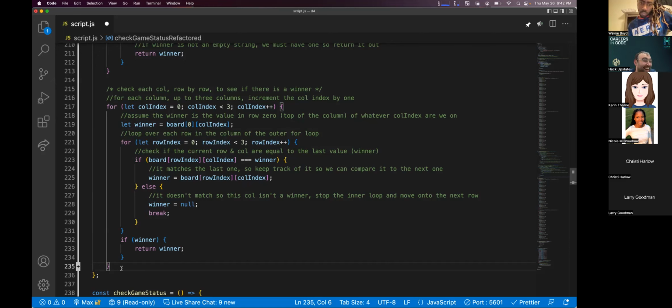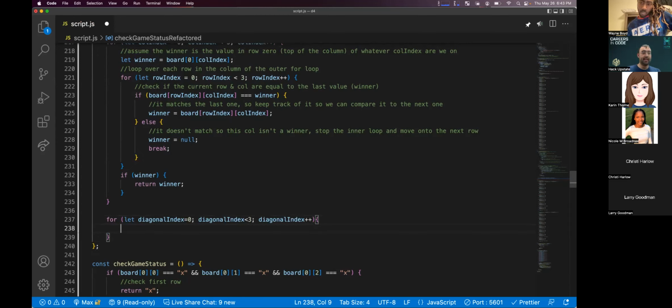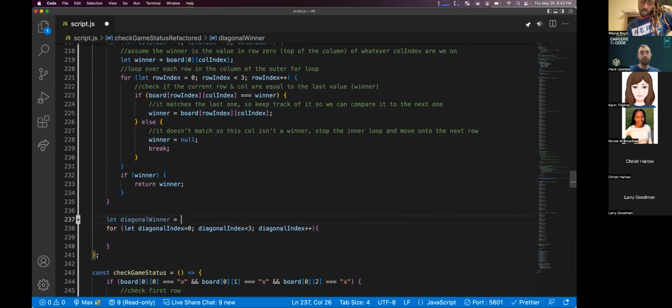Okay, so we're going to say for let diagonal index equal 0, while our diagonal index is less than 3, diagonal index plus plus. And then we say let diagonal winner, and we're going to assume that it starts at our board 0, 0.